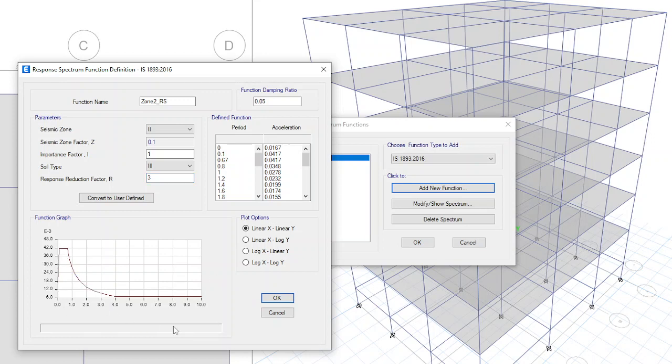At the bottom it is automatically loading. Once you change these parameters, for example from zone 2 to zone 3, you can see this graph automatically changes. Based on the input you are providing, the graph will automatically update.